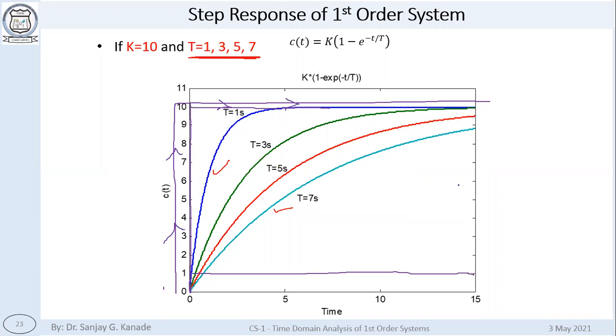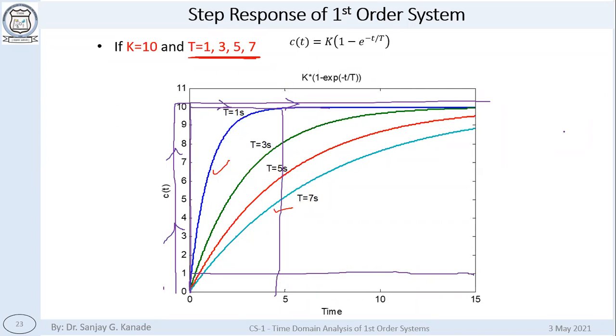Which of these is closest to this path? Closest, which one is closest to this path? It is the t equal to 1 system. It tries to attain the final output as quickly as possible, in the least time. You can see almost at t equal to 5 it is reaching the output, whereas this system is taking a lot more time. This is even taking more time. This is even taking more time.